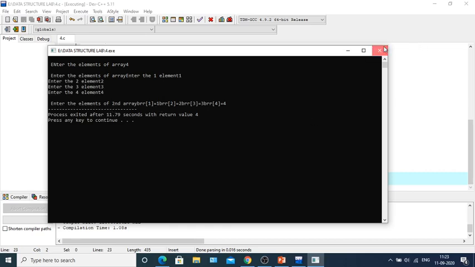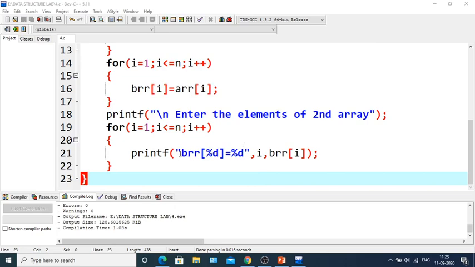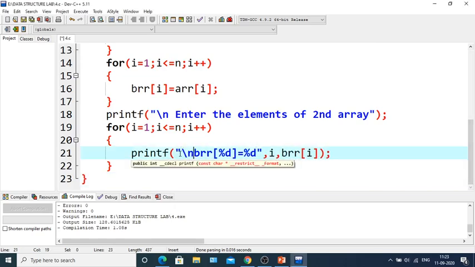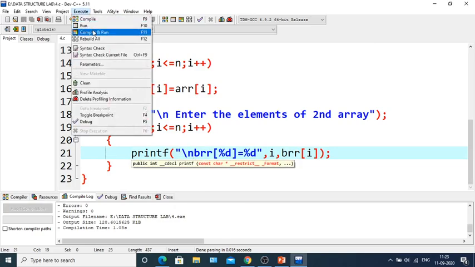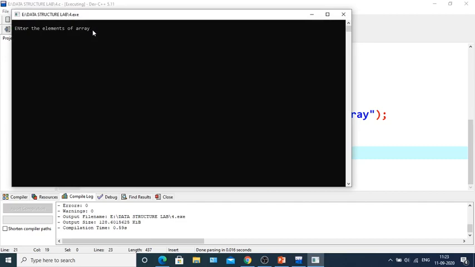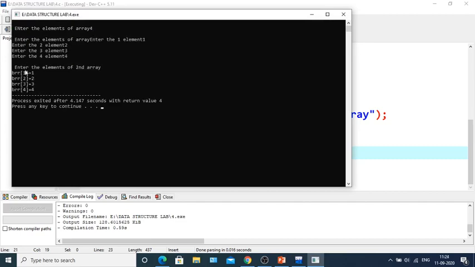Let's just give a slash in here. So execute, compile and run. There are 4 elements, suppose 1, 2, 3, 4. As you can see, the BRR is 1, 2, 3, 4.